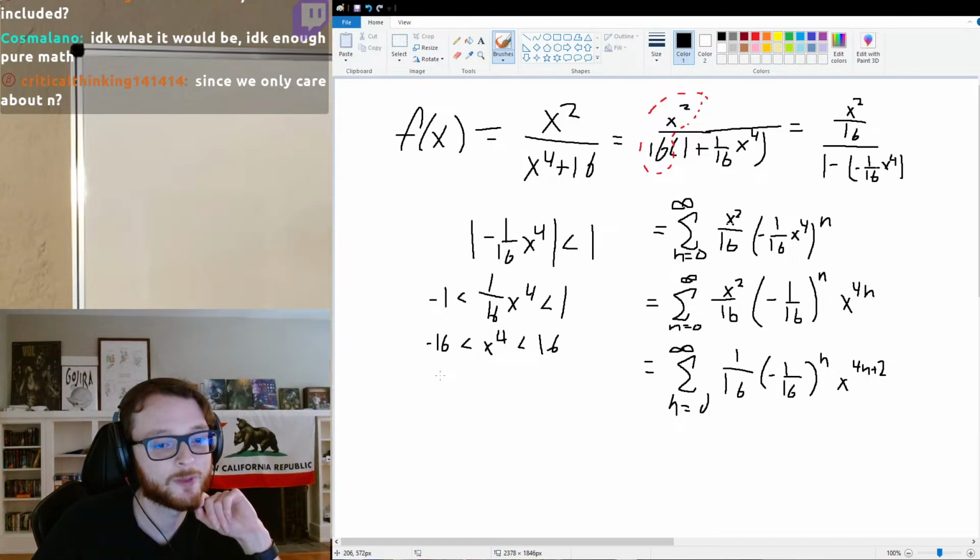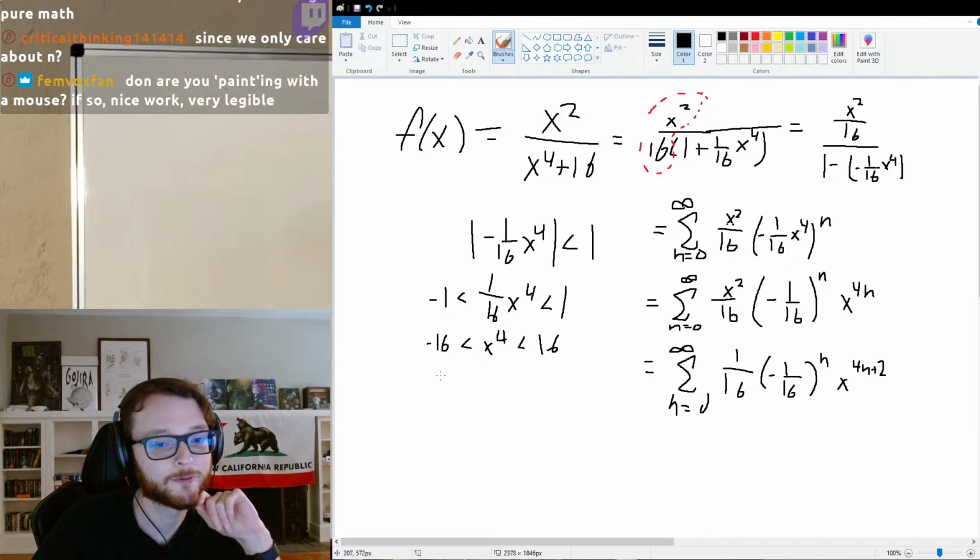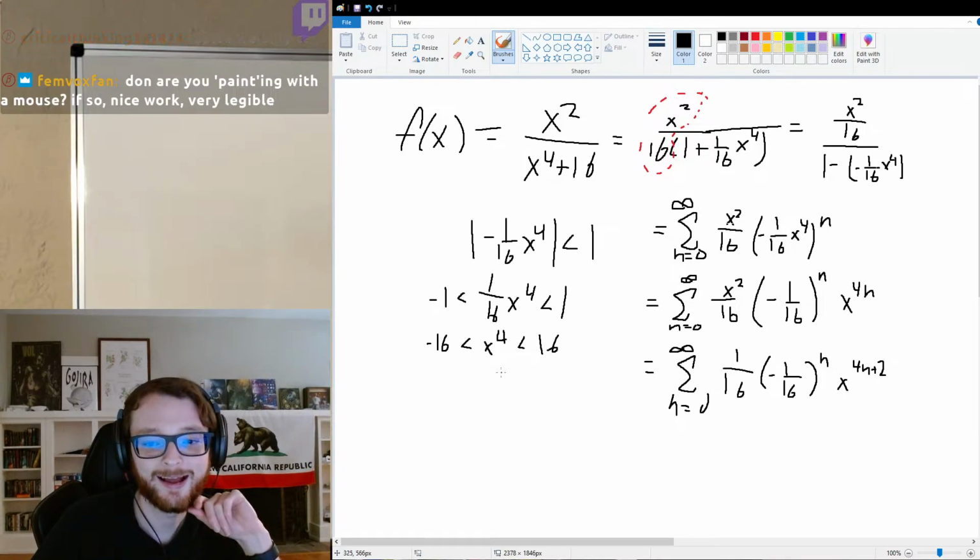Yeah, this is just me using my mouse right now. That's also what I was doing for the reading group there. But my normal handwriting is so bad, this doesn't even seem